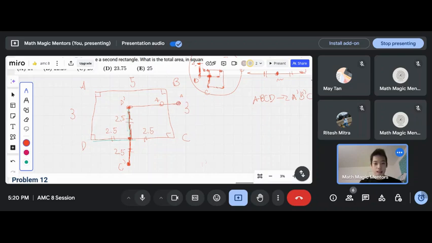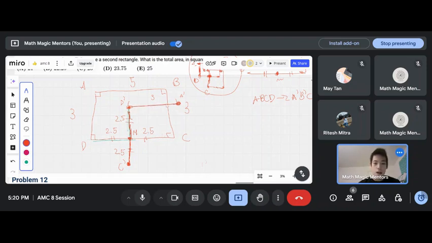It has to go outside. And the reason is that we know that AD is 3. So A prime, D prime has to be 3, because a rotation doesn't change the lengths of the rectangle, right? So A prime, D prime has to be 3. And because A prime, D prime is 3, and C prime to the midpoint, let's call it M, CM is 2.5,